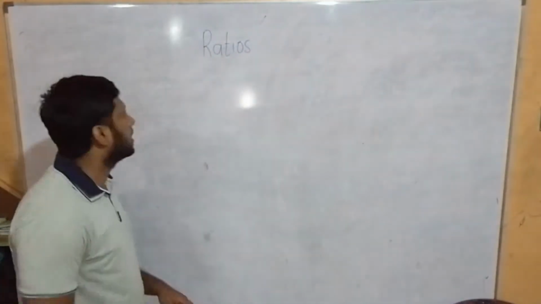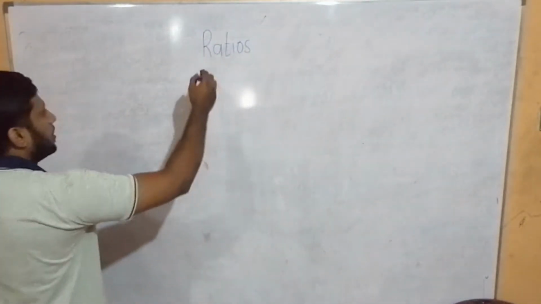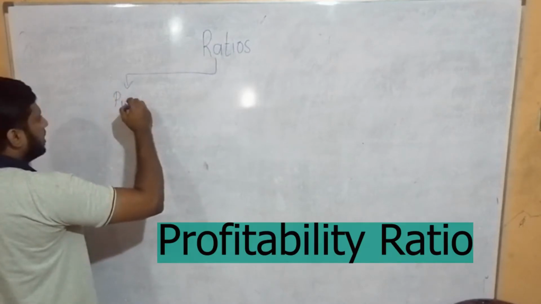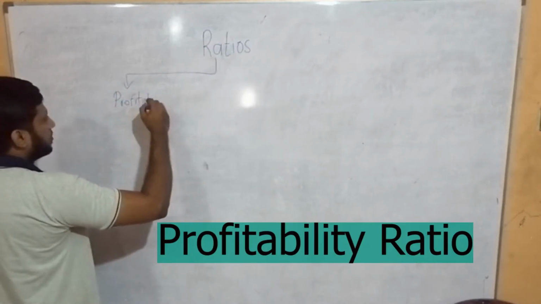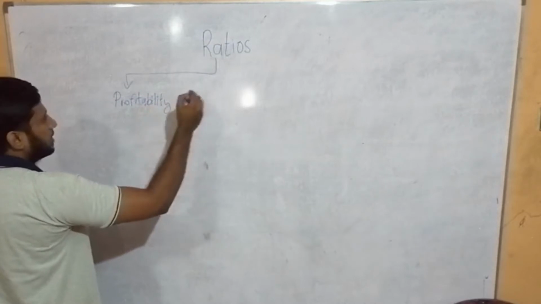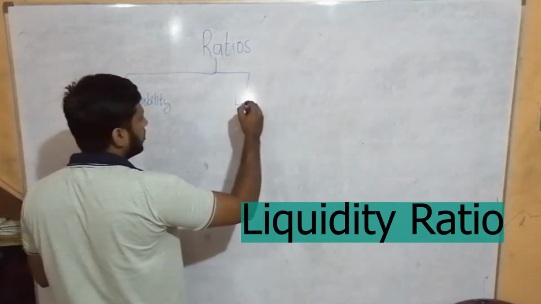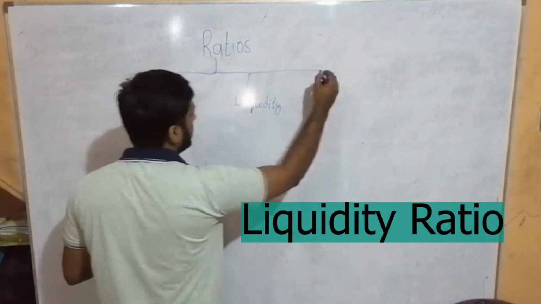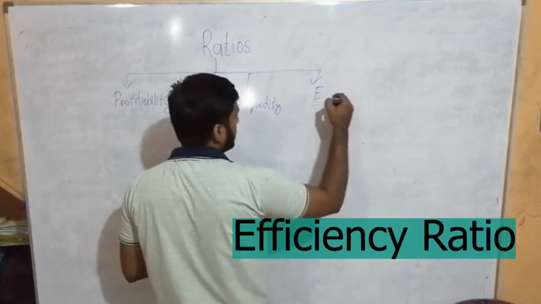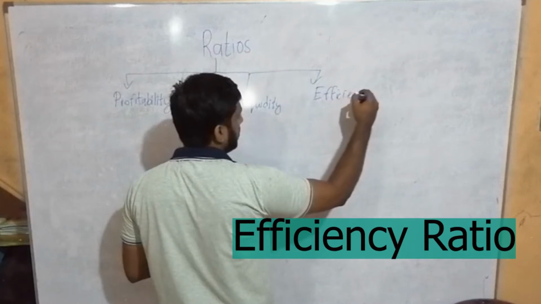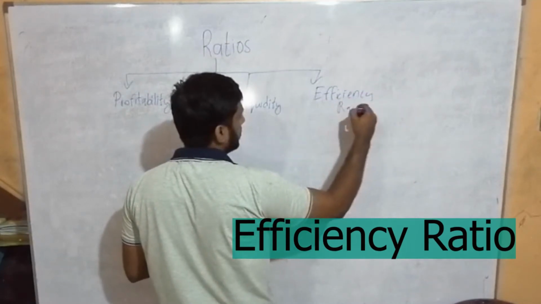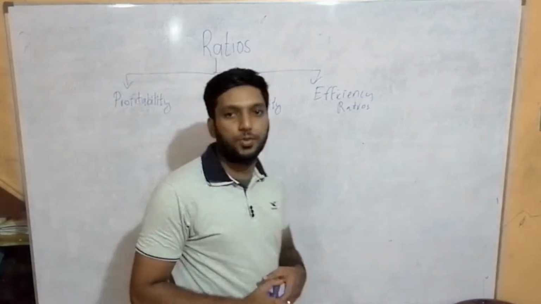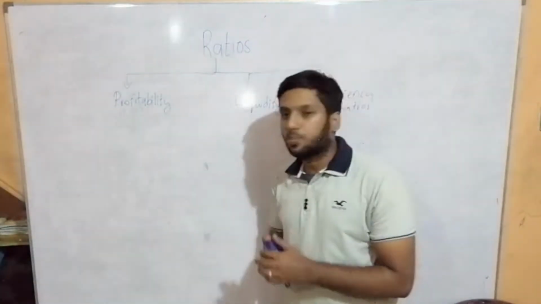You might see here there are 3 ratios in your exams in Cambridge O level. First of all, the first ratio I'm going to speak about today is profitability. And the second ratio today I will be speaking with you about is liquidity. And the third one, efficiency ratios. So let me explain these 3 terms before we move on to the next part.